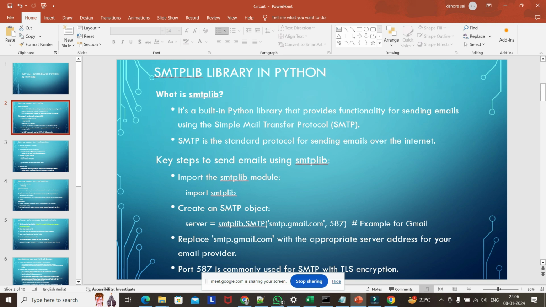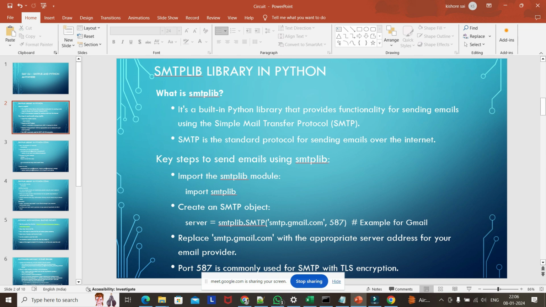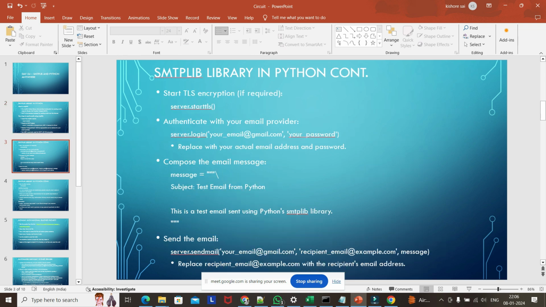So let's see what exactly the SMTP library is. As I said, it's a Simple Mail Transfer Protocol library. We can send mails using this library. There are multiple steps involved here, like what are the key steps. So we have to import modules. So it's a detailed set of steps. And then